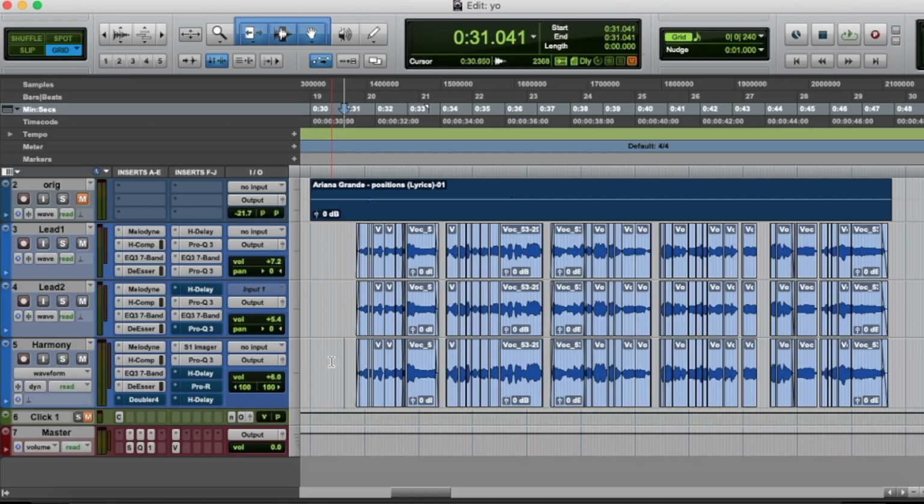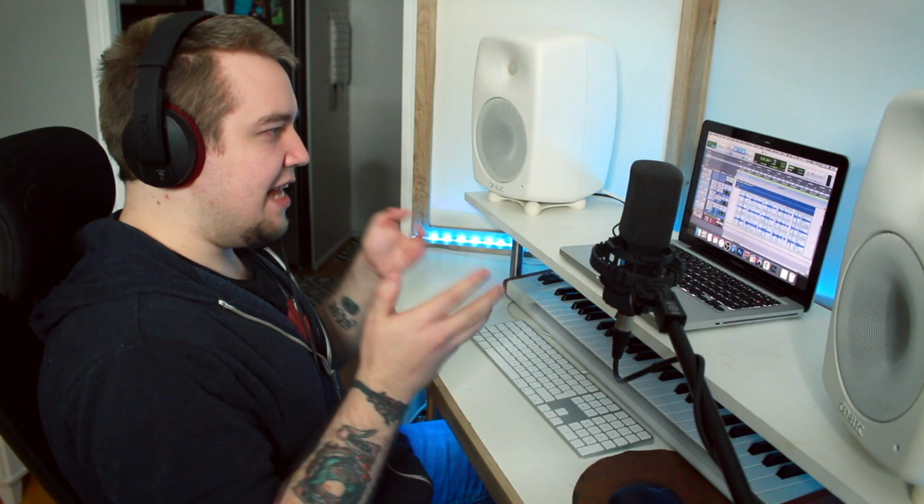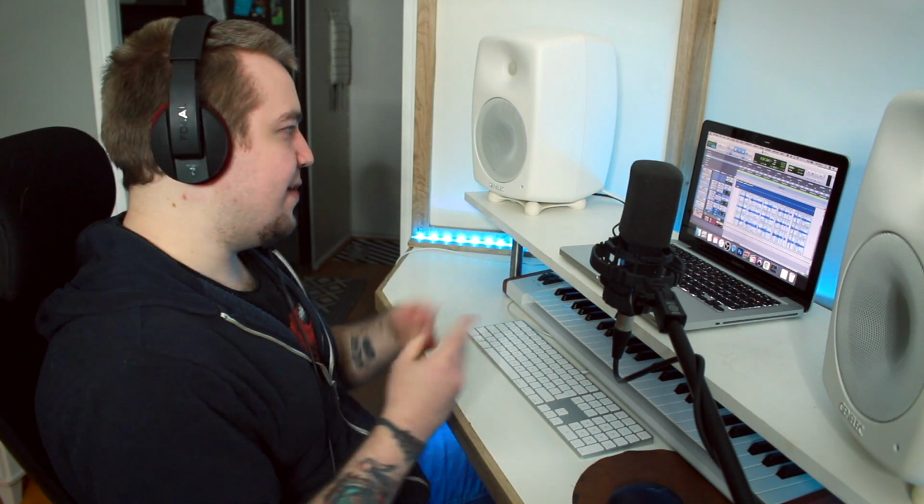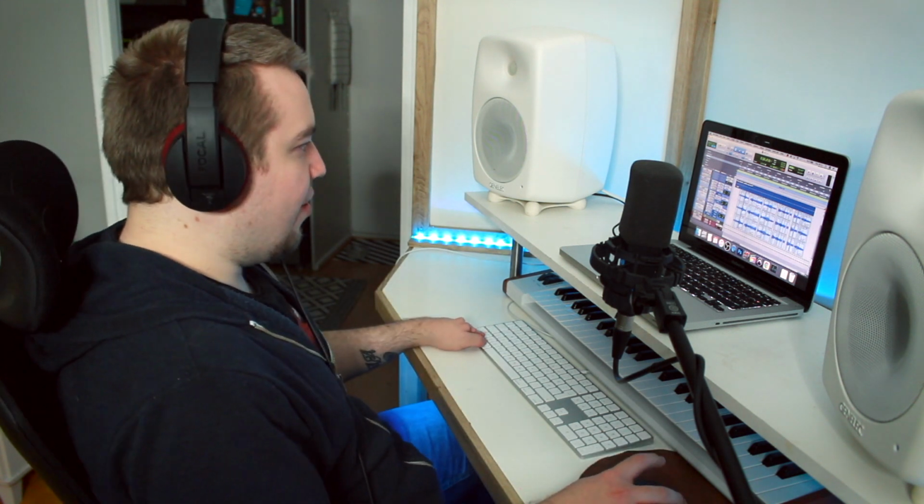But when you're generally singing in the range of the song and making small adjustments to the notes, that's when Melodyne sounds the best. Things are pretty well in key, but I'll still slap in some auto-tune on some of this. I'll put a little bit of auto-tune on the lower octave.